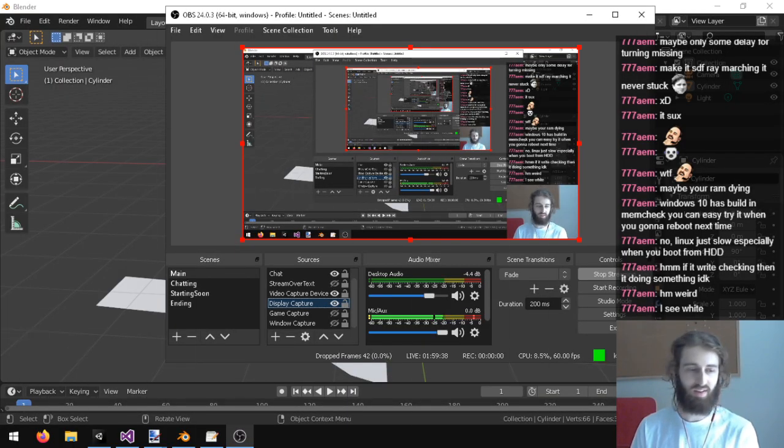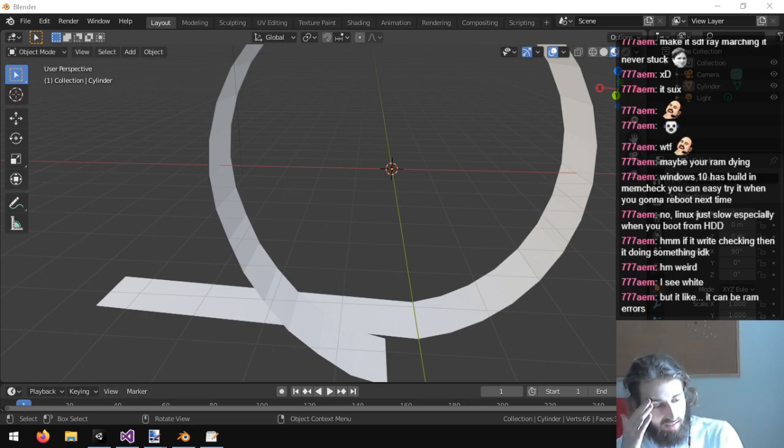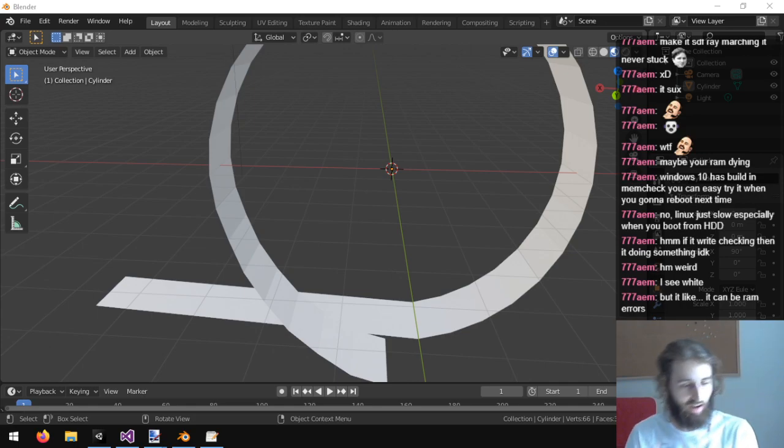Alright, hold on. If I change my screen resolution back and forth from one thing to another, it fixes it for a little bit, and then it happens again. I'm actually thinking that this is unusable. I should just go and boot up Linux. I don't know why I'm dealing with this.